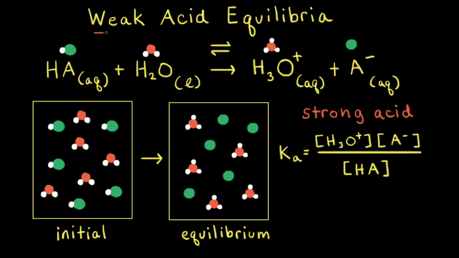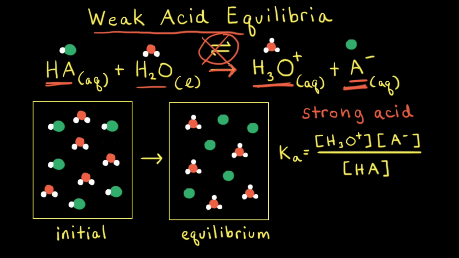Before we get into the topic of weak acid equilibria, let's look at a strong acid first. So let's say that HA is a strong acid and reacts with water to produce the hydronium ion and A-, the conjugate base to HA. Technically, the reaction comes to an equilibrium. However, the equilibrium favors the product so much that we don't draw an equilibrium arrow. We simply draw an arrow going to the right, indicating at equilibrium we have essentially all H3O+ and A- and